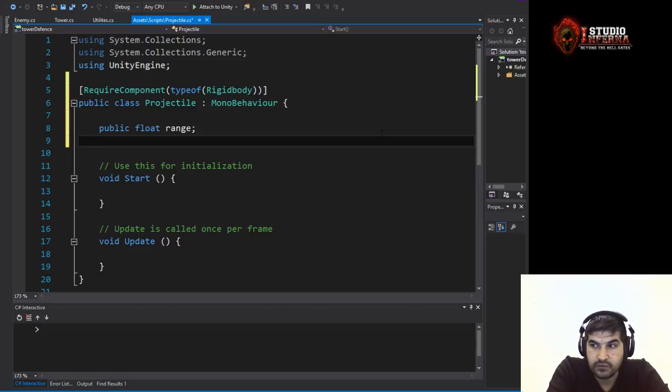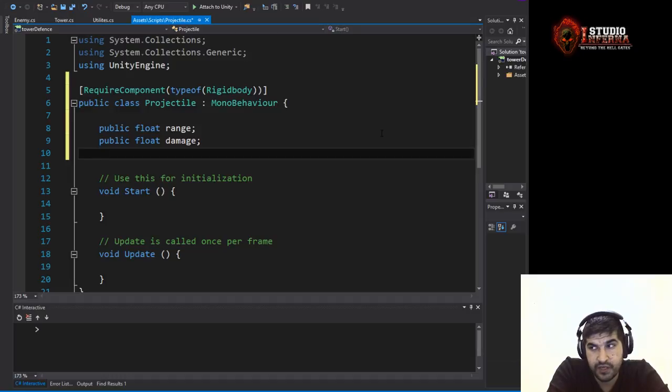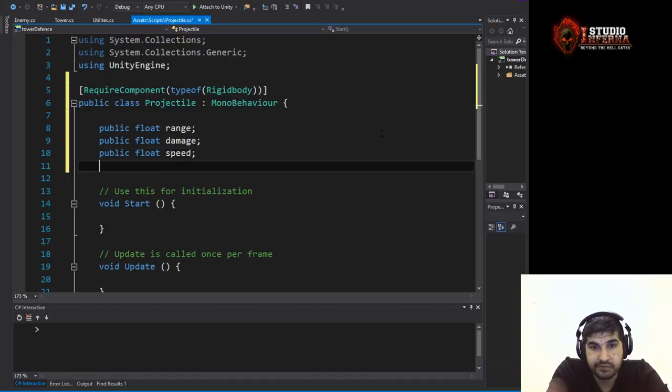Okay, so the projectile has float damage, to inflict damage to the enemies, and damage range, and float speed, obviously projectile should have a speed, and maybe a power, firing power, public float. I'm gonna show you where we're gonna use the power,